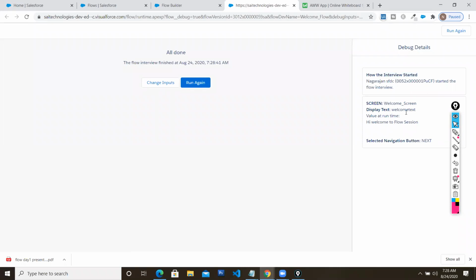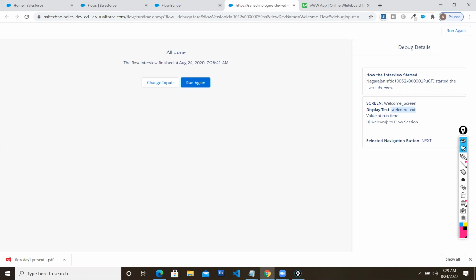See here in the next debug information. Okay, display text. It's a welcome message. So whatever screen components you have, the corresponding messages will be displayed in the debug. So debug is a really very powerful thing, because instead of activating it and placing it on the screen and then checking your flow, where there might be some issues, you can check it in the debug session, and after that if you are satisfied with your flow, you can go for activating it.